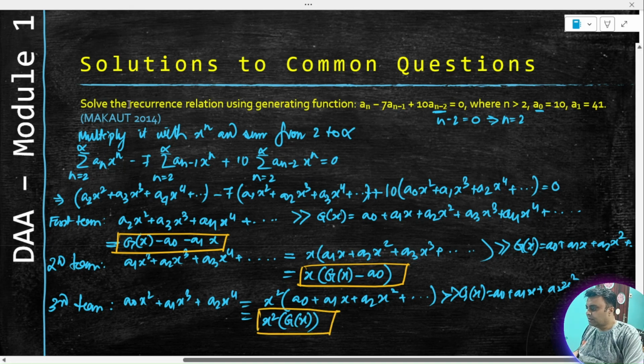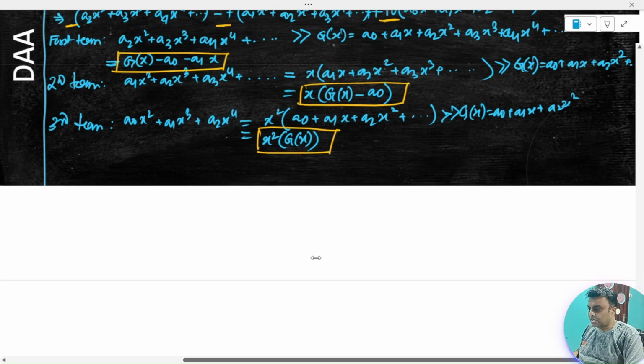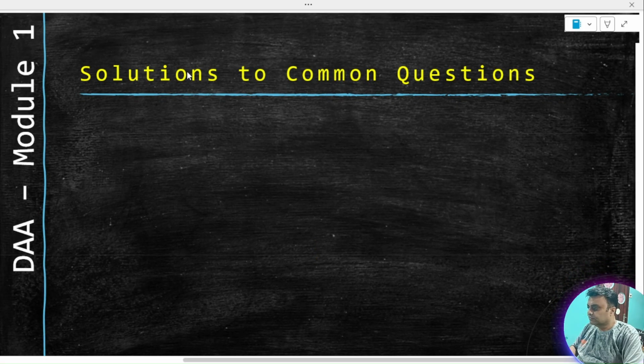Now I can easily substitute it into this main equation. This main equation was looking like this. So you have a 7 multiplier here, a 10 multiplier here, and you don't have any multiplier here. So let me put this into that equation. When I put this into the equation, it looks like this: